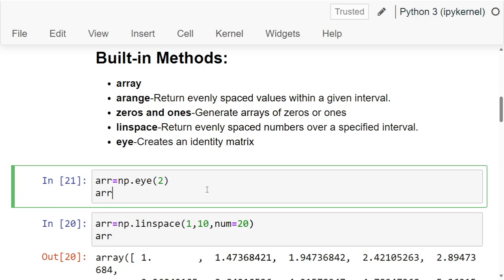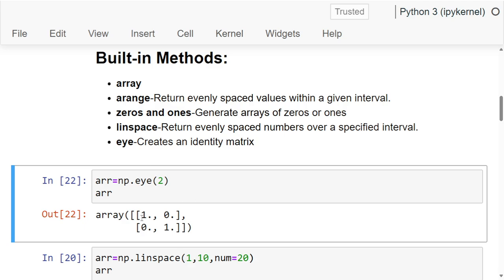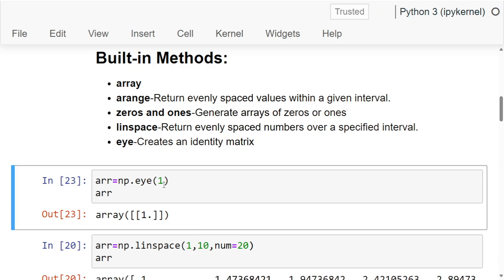Yeah, so in an identity matrix the diagonal will be 1, and other than the diagonal all the other values will be 0. This is called an identity matrix. We have inputted 2, that's why it is giving us a two-dimensional matrix. If you input 1, I don't know if it is going to print. Oh yeah, it printed just 1. If we do 3,